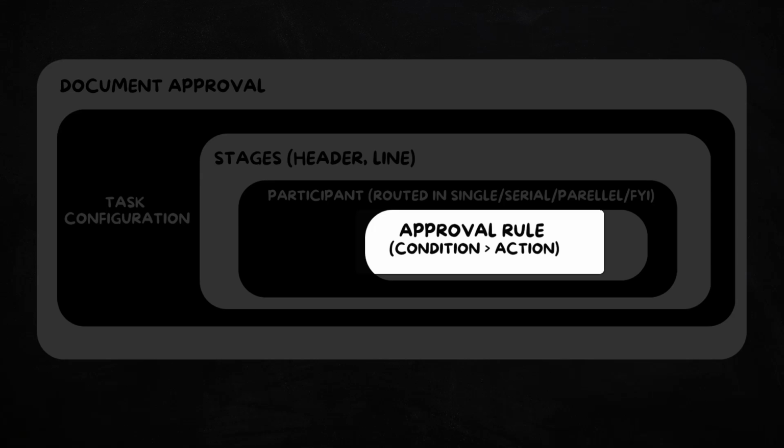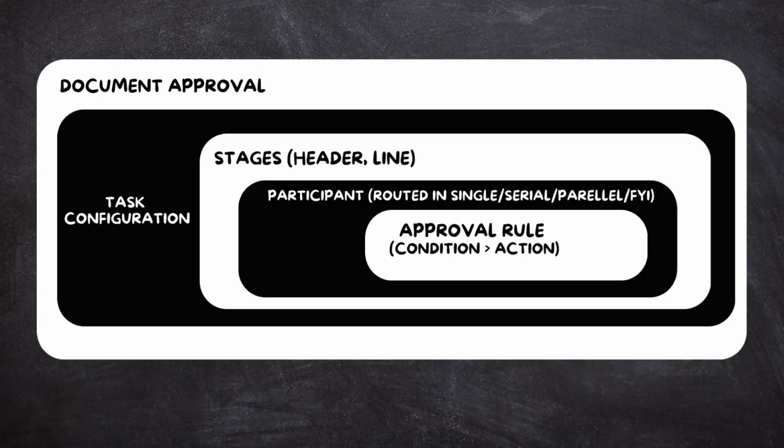Approval rules determine who approves a transaction based on conditions. Rules follow if-then logic where conditions must be true to apply. Example, if a requisition amount is less than $500, approve automatically. Now that you got some background on how the approval process is set up in Oracle Fusion, let's move from